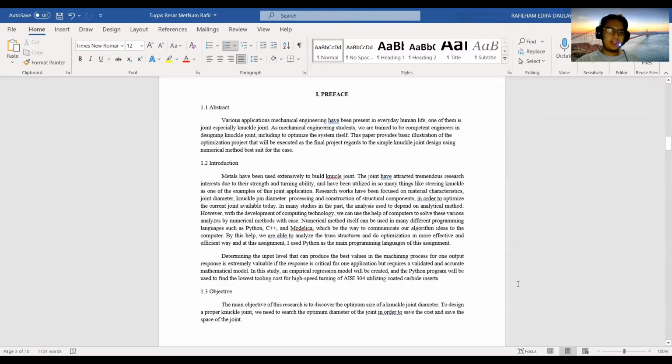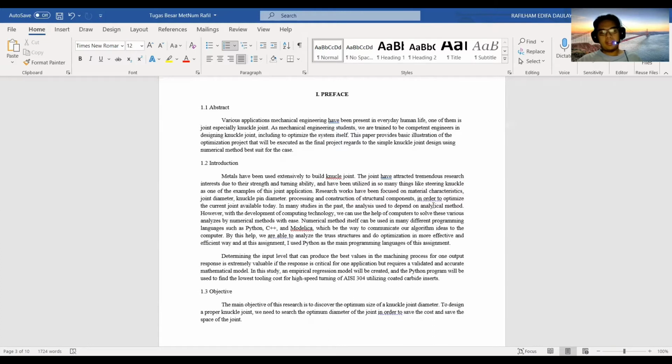Okay, the next is an introduction. In this part, I only talk about the methods and the main things of the knuckle joint itself, and also how these things could get an optimization by using a numerical method.